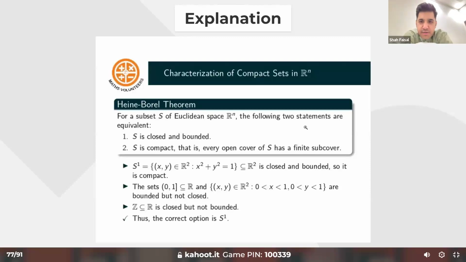Yeah, Shah. So that was the Heine-Borel theorem, which says that compact subsets of R^n are precisely closed and bounded subsets. Okay, and now the unit sphere is both closed because it's the solution set of a polynomial, and it's bounded, you can see. So it's compact. The interval which is open at 0 and closed at 1, well, it's not a closed interval because it's open on one side. So it's not a compact set.